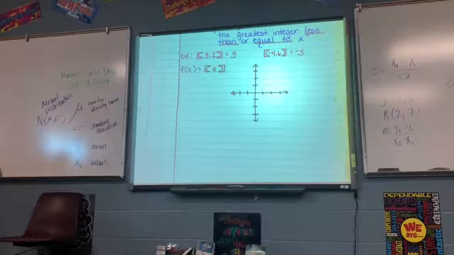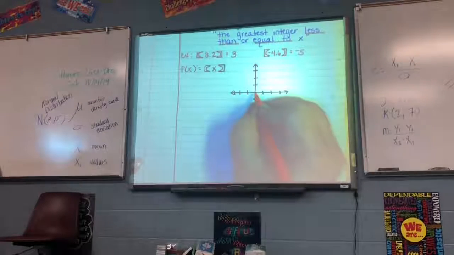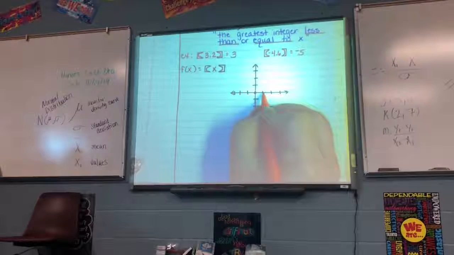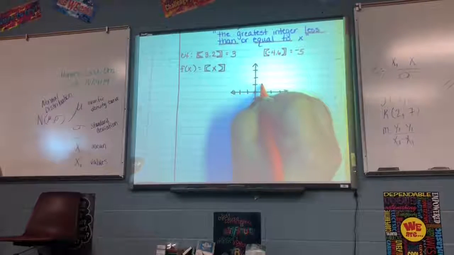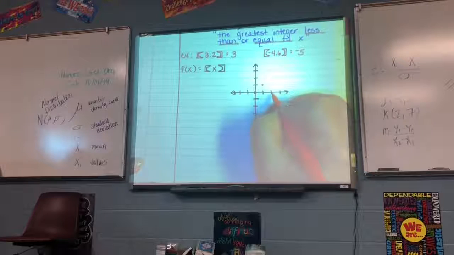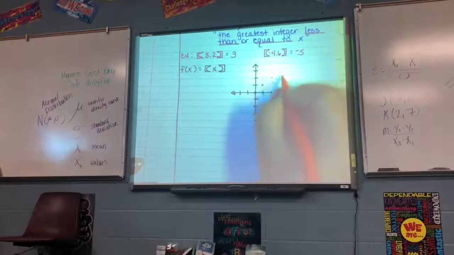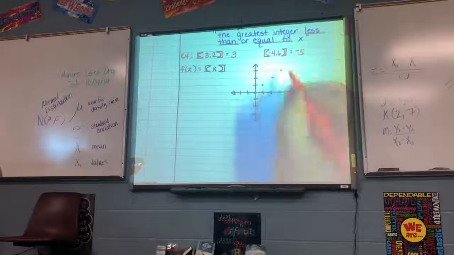Because of that equal to part. Does everybody agree? So if I plug in 0, I'm going to get 0. And if I plug in positive 1, what am I going to get? Positive 1. And if I plug in positive 2, I'm going to get positive 2. If I plug in positive 3,